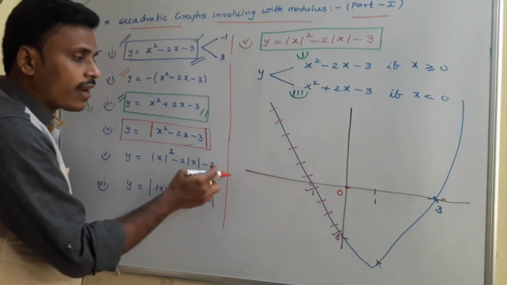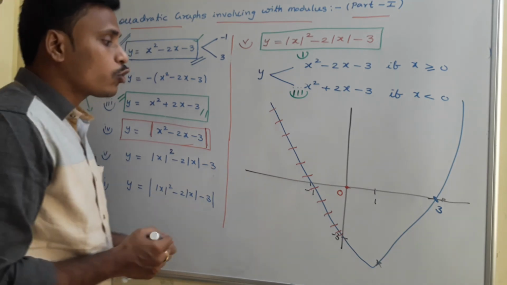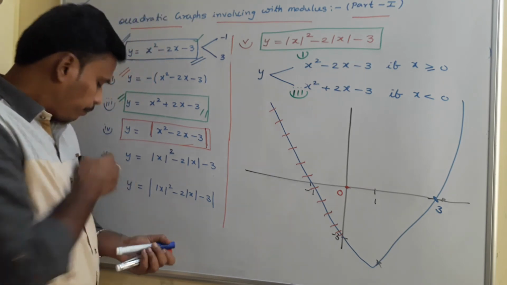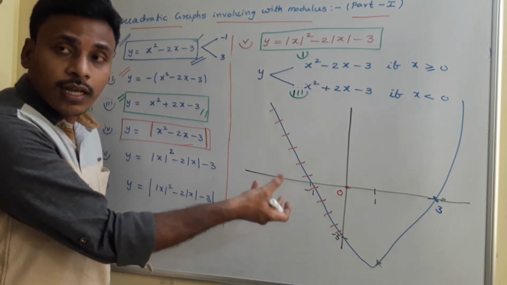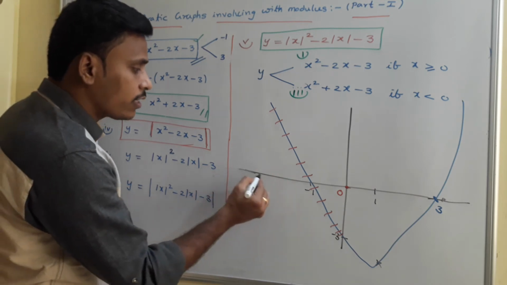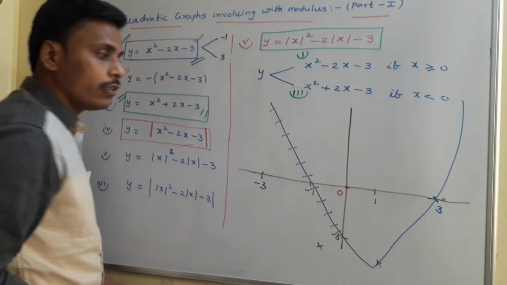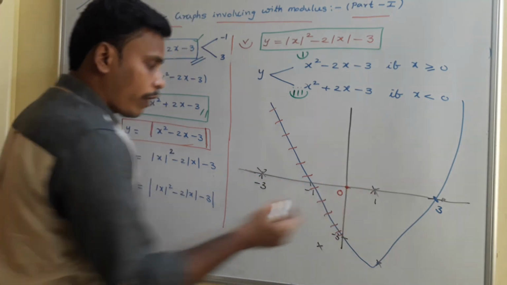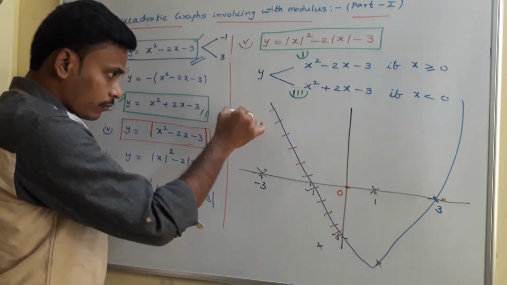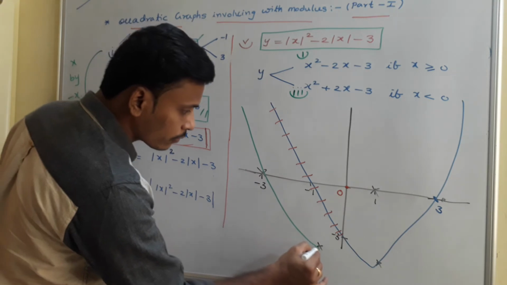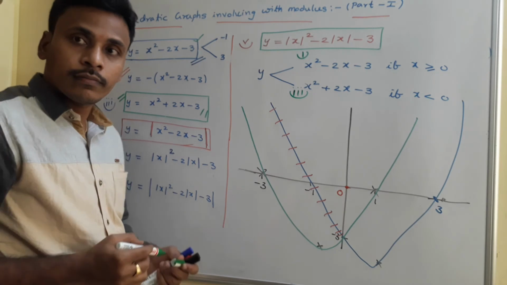Now what do you say about the graph in the negative region? For that you need to sketch the graph of the second expression. Now to sketch the graph of the second expression, see, already we know it, right? The graph of the second expression is simply nothing but flipping this graph horizontally. In the sense, you need to identify minus 3 here, 1 there and the peak point somewhere here. Now the graph will pass through these 3 points. And when you sketch the graph passing through these 3 points, so this is the graph of this third expression, third graph actually.